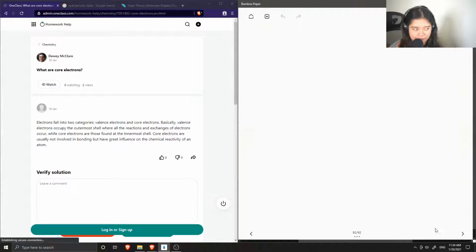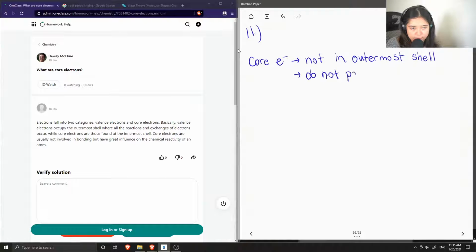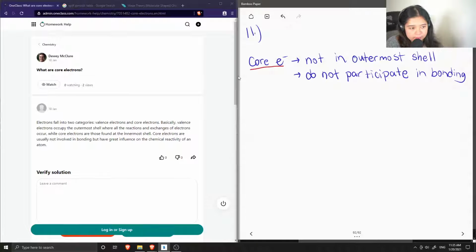Okay, so question number 11. What are core electrons? Core electrons are the electrons that are not in the outermost shell, and they also do not participate in bonding. However, core electrons can still affect an atom's reactivity. So for example, when we have more core electrons,